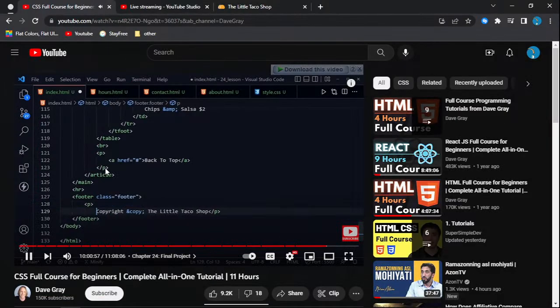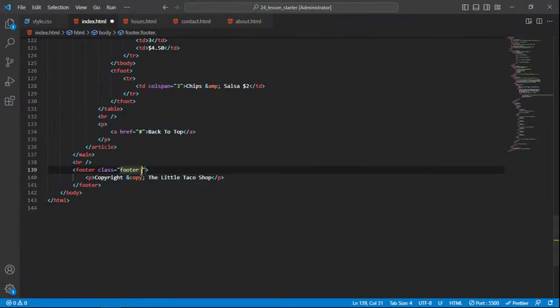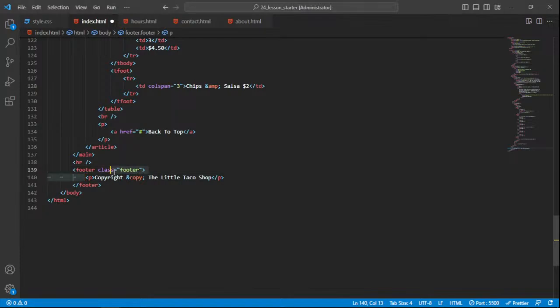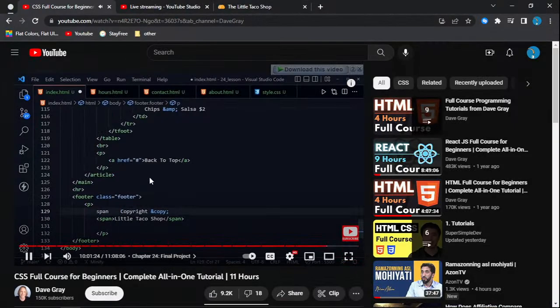Inside of this paragraph, so these lines do not break where we do not expect them to. We don't want the little taco shop, or we could just put little taco shop. We don't want this line to break. So let's put a span element here, and of course it generates the closing span element immediately. I'll put the closing paragraph tag on a separate line and paste the closing span afterwards. I'm going to do the same here too for copyright. I guess I need to create the element instead of just